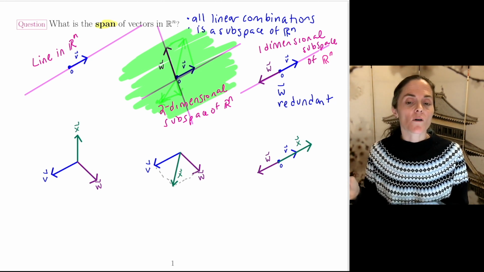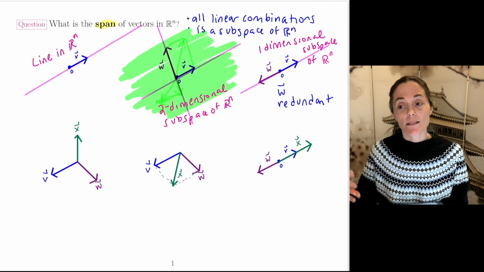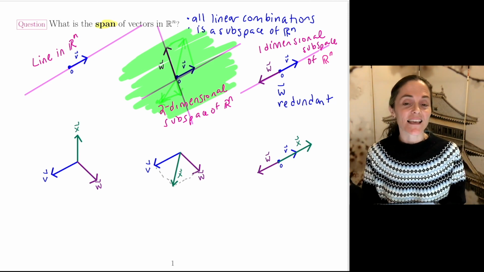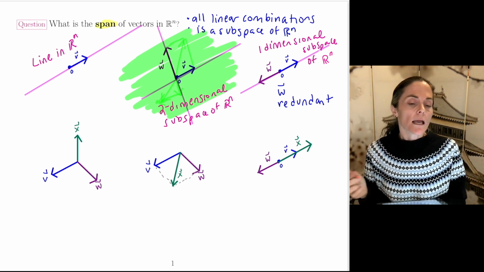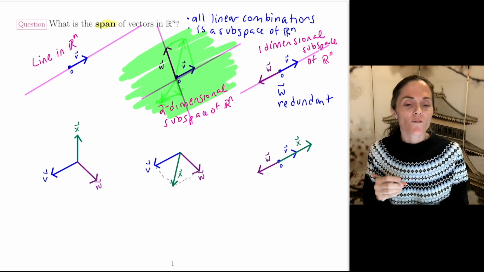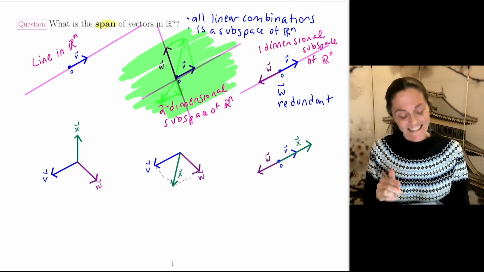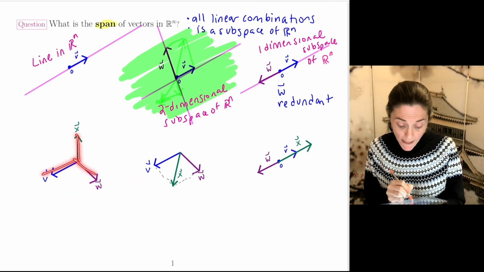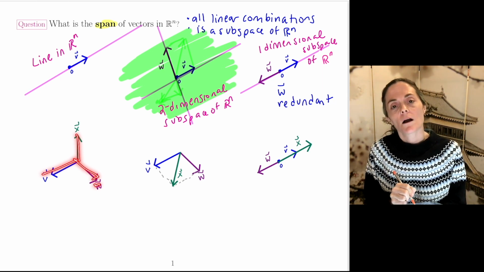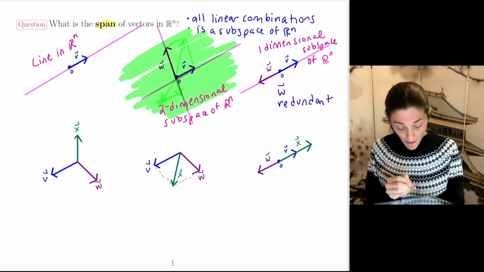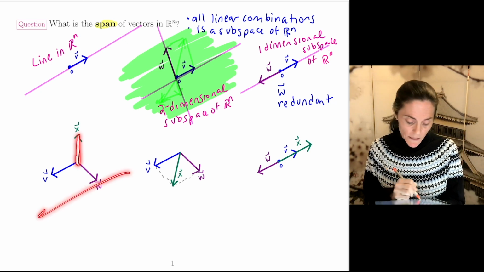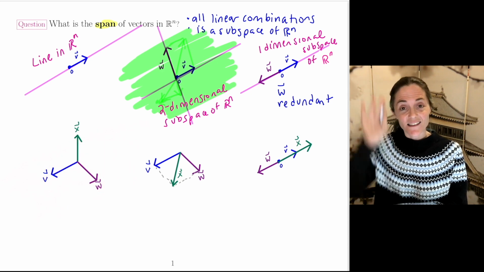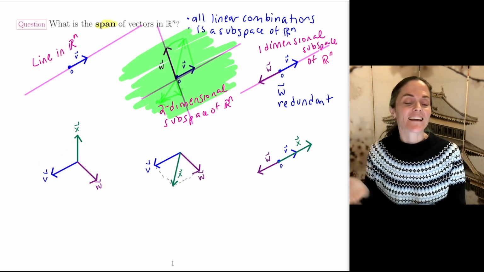Now, in the bottom row, I'm looking at all linear combinations, or the span, of three vectors, V, W and X. Again, these are in Rn. And so the first situation, now, of course, you have to understand I'm drawing on an iPad, which is fundamentally a two-dimensional thing. But in this situation, V, W, X are linearly independent, meaning that this X is not on the plane spanned by V and W. Okay, gives you another dimension here.